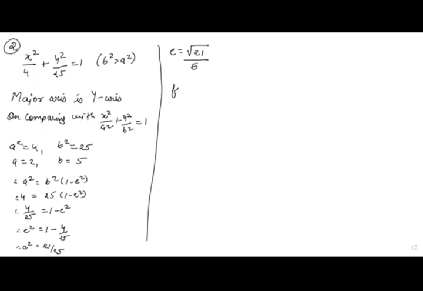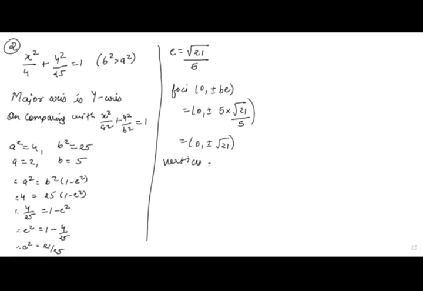The coordinates of foci will be on y-axis 0 comma plus minus be. Value of b is 5. Eccentricity is root 21 by 5. 5 will get cancelled out and my foci are 0 comma plus minus root 21. And then vertices,